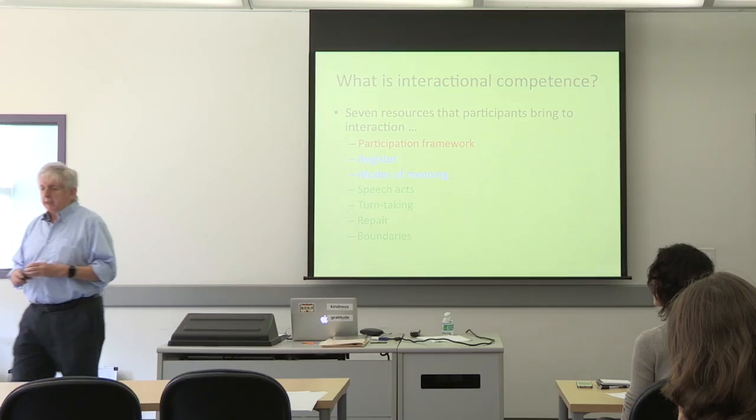Now, boundaries have to do with the fact that when we're looking at interactional competence, we're looking at a particular practice. Practice is something I mentioned yesterday, and what I mean by practice is something which is bounded and which often has a name. So, for example, telling a joke has a name, and a boundary of telling a joke has a beginning and has an end. So, you often start a joke by saying, okay, I want to tell you this one, okay?